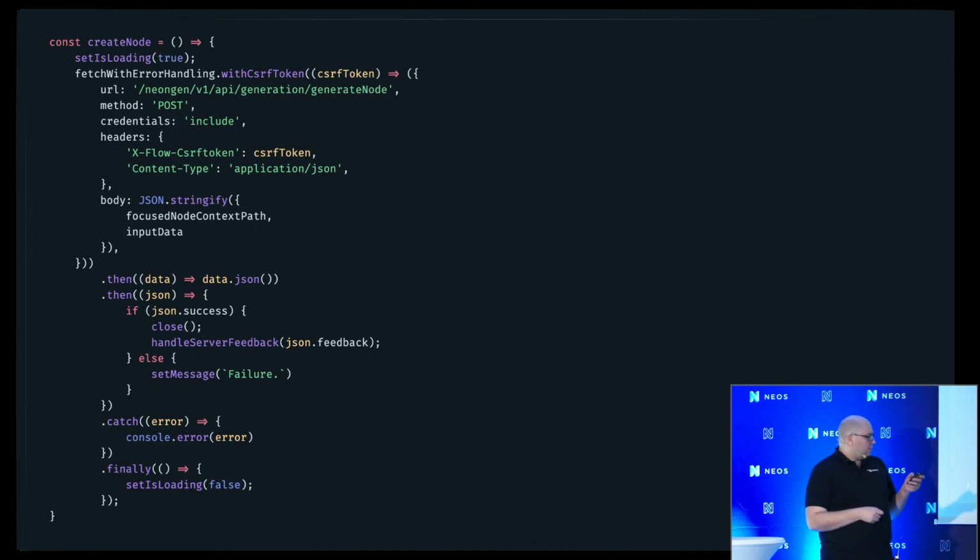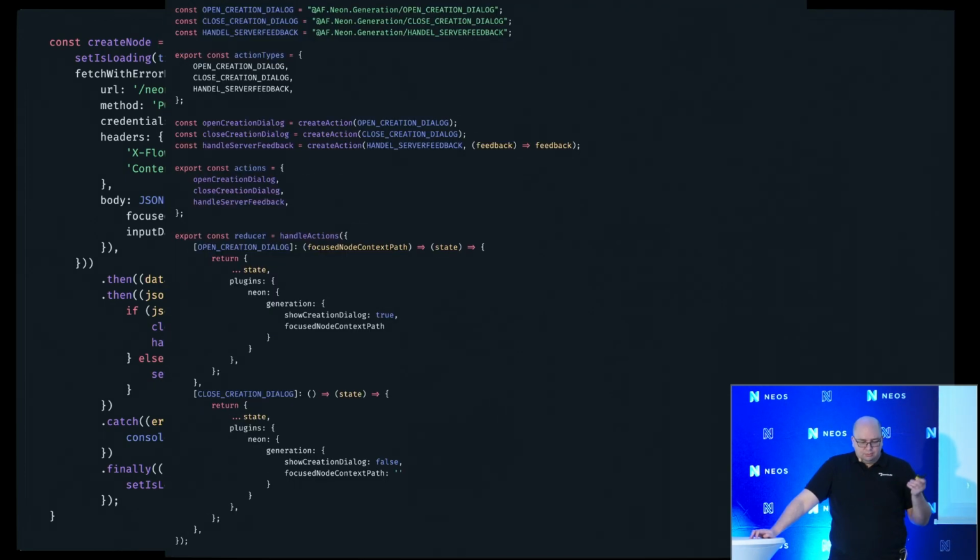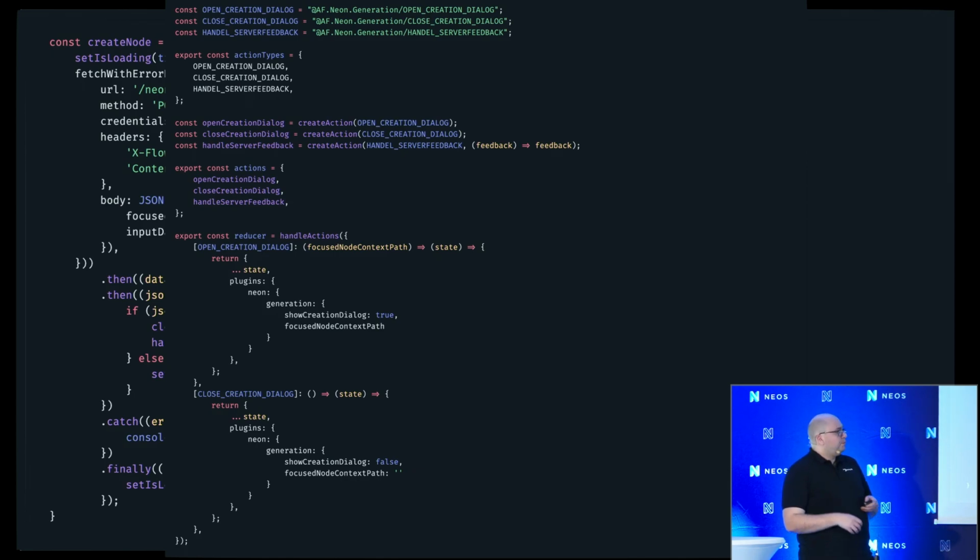Here, I added this small function, handle server feedback. This is a React Redux action, which is sadly a little bit complex to define. We have this kind of boilerplate code, but if you know Redux, then this seems familiar to you.